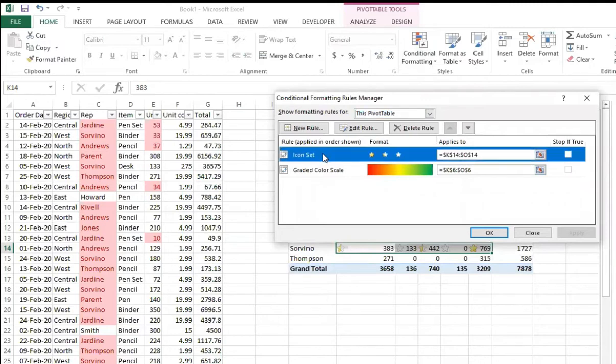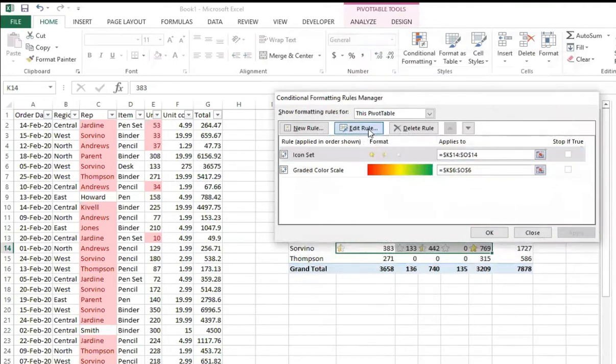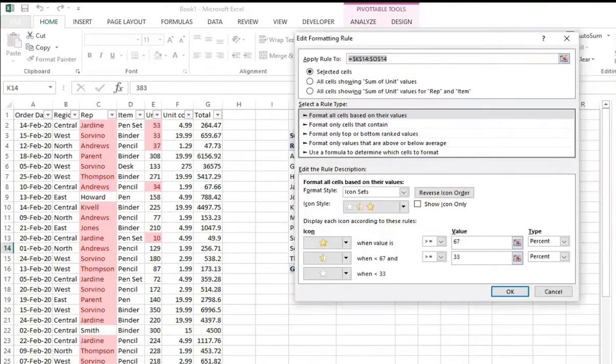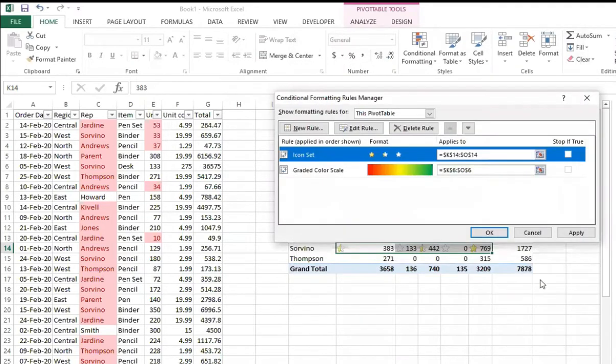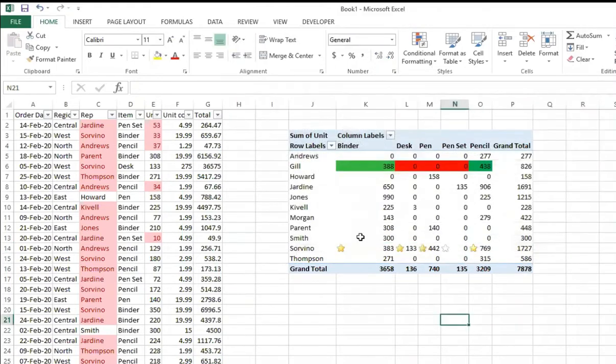Now, if I want to edit this formula, I'm going to double click it, or there was a button of edit rules as well. Right, here I am, and here I can configure what values to show. I can select the number here. Right, so full value when the number is greater than or equal to 100. Half star if the number is greater than or equal to 50, and no star if it's less than 0. Right? Do you see this?